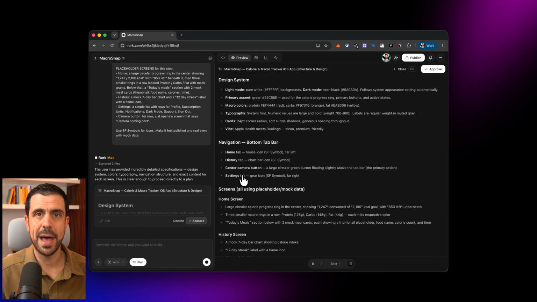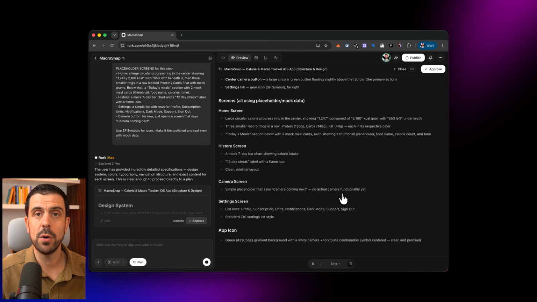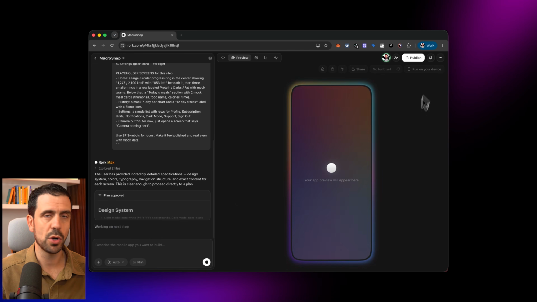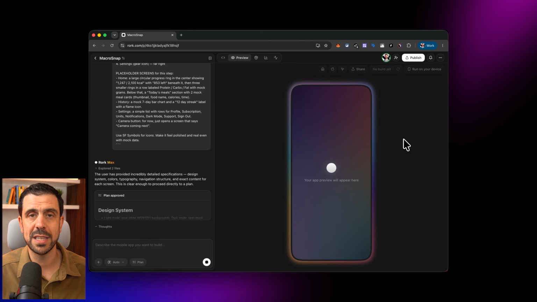And the first thing it feeds back to me is a plan. I'm gonna wanna review this plan. It pretty much fits exactly what I was talking about, the different navigation bars, right? The home, history, center camera button, and the settings as well, which is perfect, as well as the design system I gave it, and the home screen. So this all looks good. If I want to correct anything, I could at this point. I'm gonna go ahead and click approve,